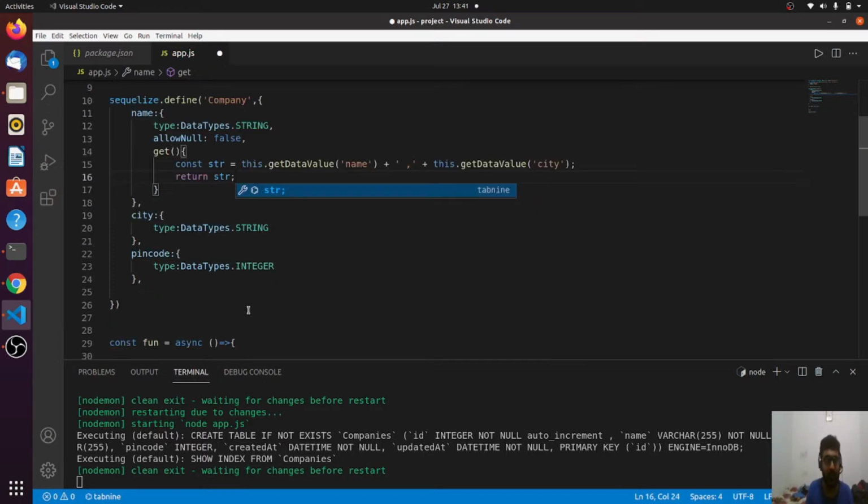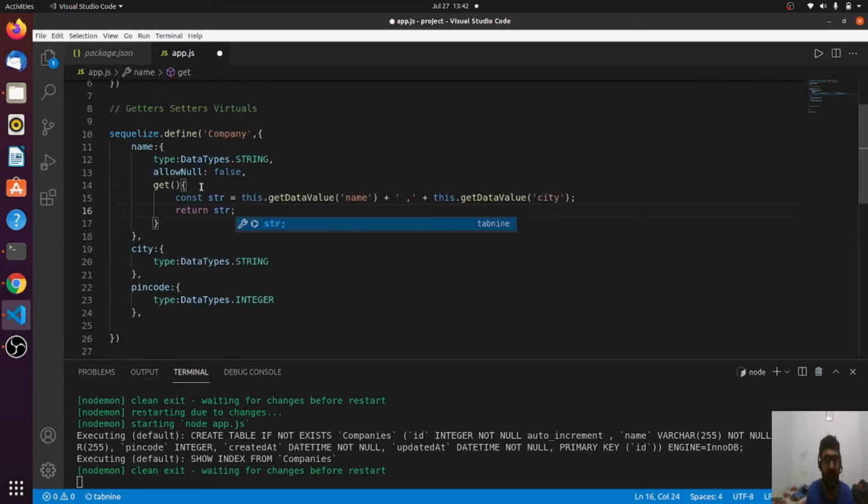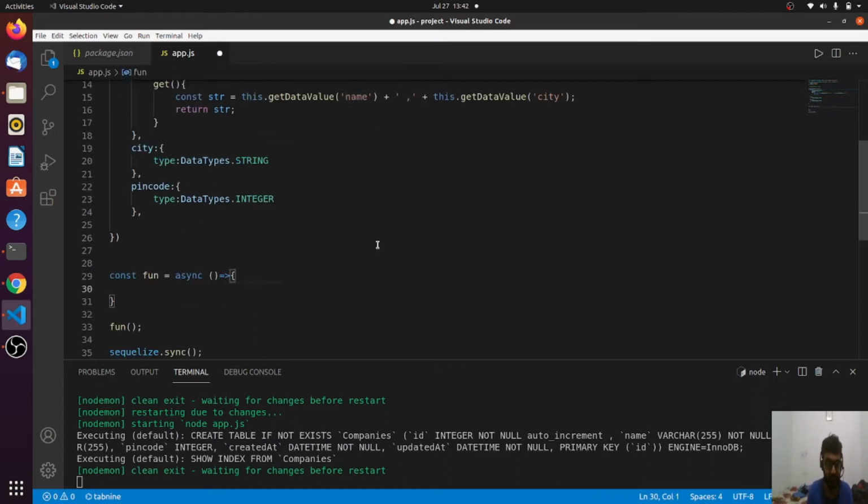Fine. So let us create an instance of this model, and we'll see how, when we try to read the name, this get function gets invoked and how it works for us. I'm creating an instance.